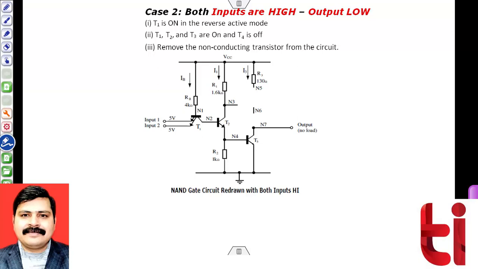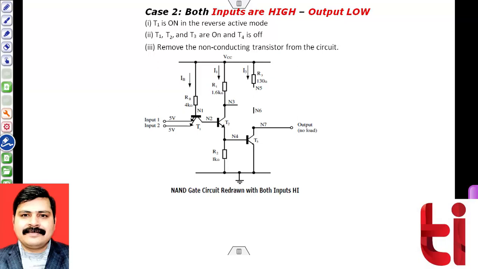Transistors T1, T2 and T3 will be on, whereas this particular transistor T4 will be off. So the transistor which is non-conducting can be removed from the circuit. So in this particular circuit, transistor T4 has been removed. Okay, so now see the scenario when both inputs are at high level, 1 level, that means at